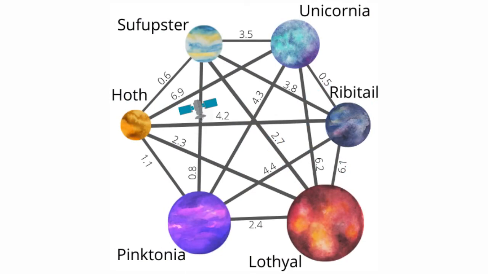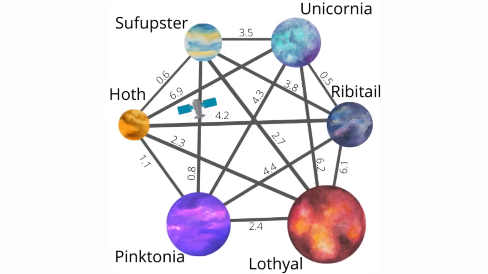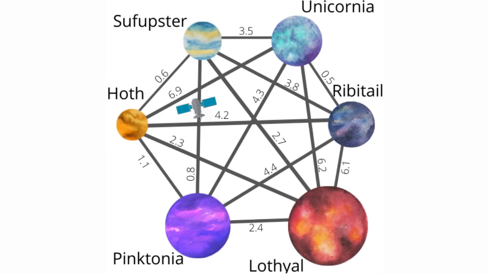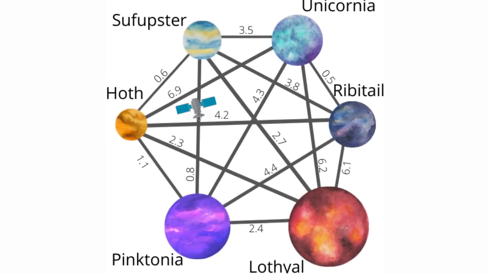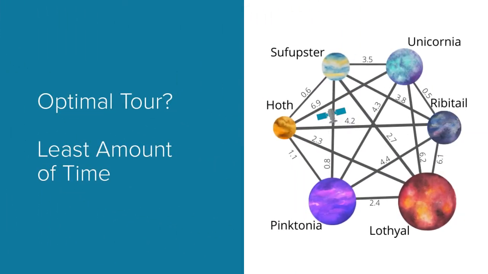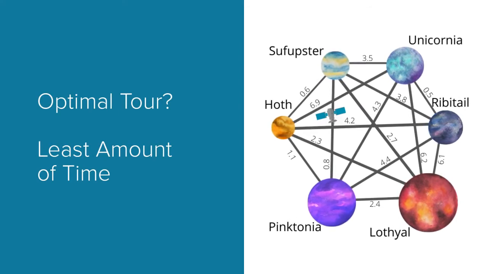Now, check out this second example created by my own kids along with my niece and nephew. Imagine that an unmanned mission is headed to the solar system Corellia to explore. We are looking for signs of life from the past or present, and the mission must visit these 6 planets. You can see the time in years that it takes to travel between any 2 of these planets. This is, of course, a bunch of silliness. However, an optimal tour that has minimal cost in this case is going to be a tour that takes the